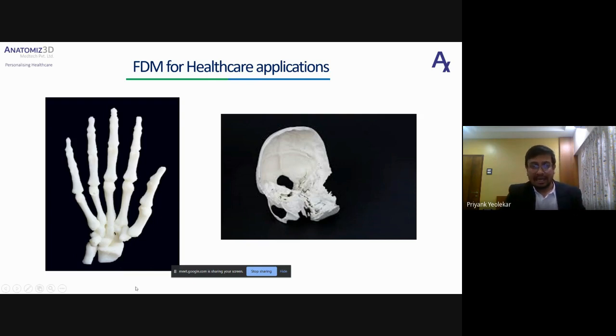The main disadvantage, I would say, of the FDM printers is the resolution. As you can see here as well, the resolution of the printer is not that great. So the surface finishes which you get are very rough, and sometimes you get some kind of blobs, which are excess material on the surface. So that is the main disadvantage of FDM printers.